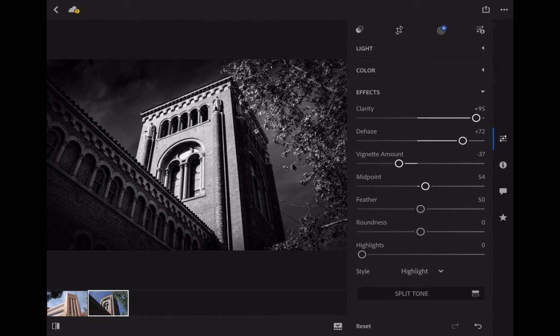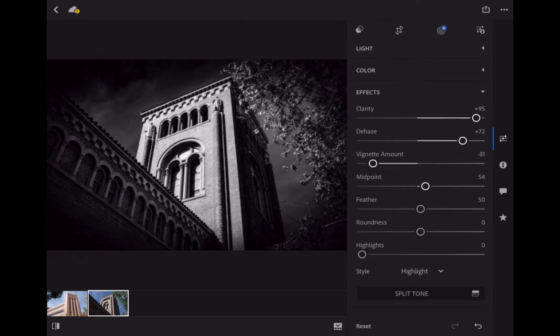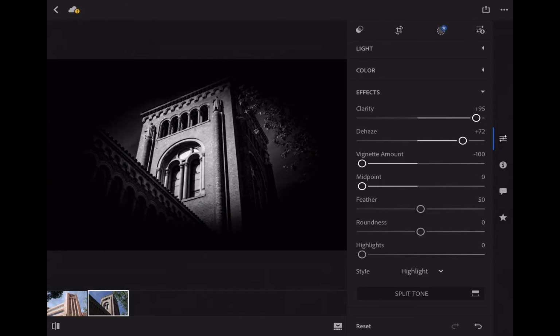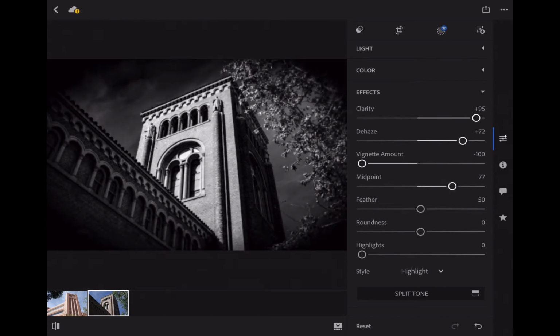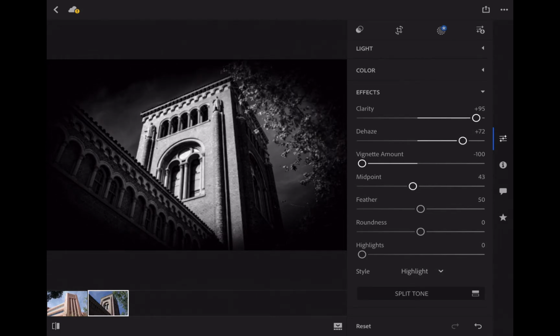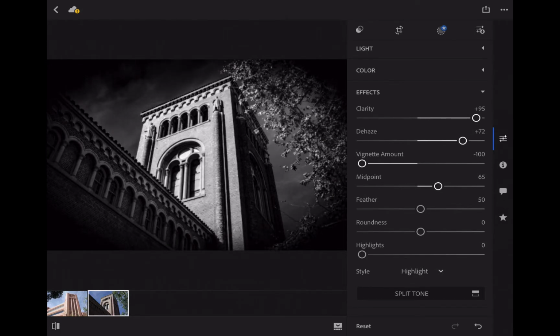Oh yeah, so the midpoint, let me do this a really dark amount. If I drag the midpoint all the way to the left, see how it's just focused. The more I drag it to the left, the closer it brings that vignette to the center. If I drag it to the right, the midpoint is now towards the edge. So it just depends on what it is that you are looking for. I get crazy with contrast and vignetting. I like it very, very dark and harsh. But like I said,